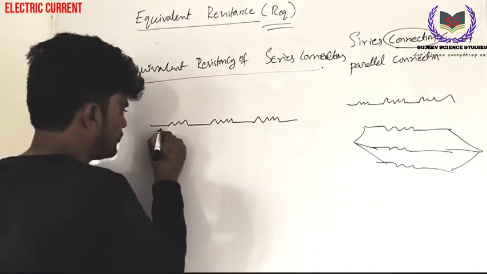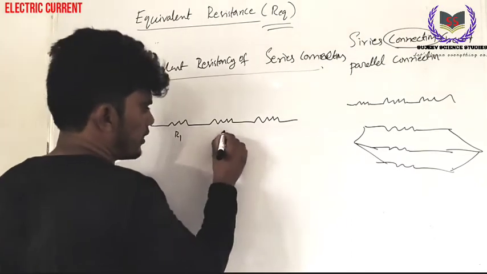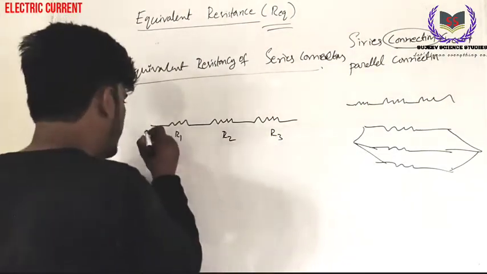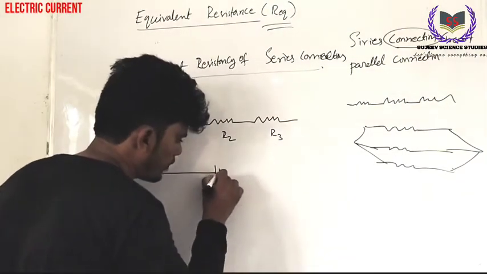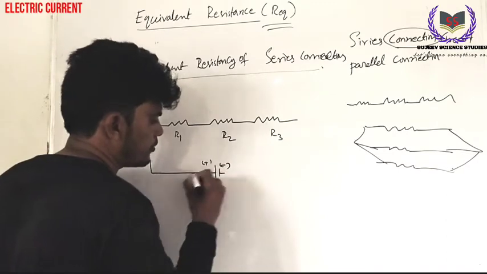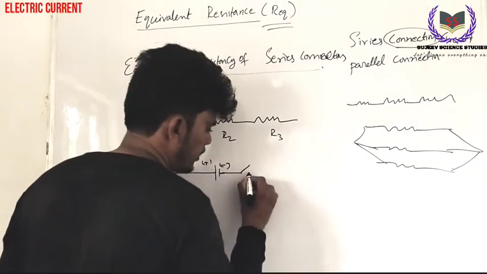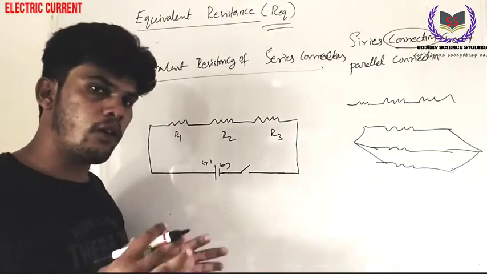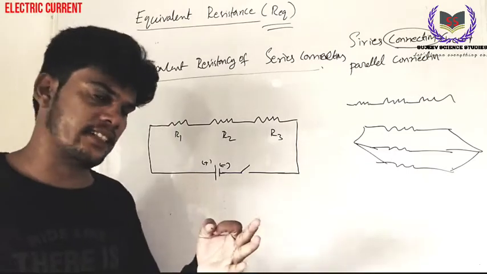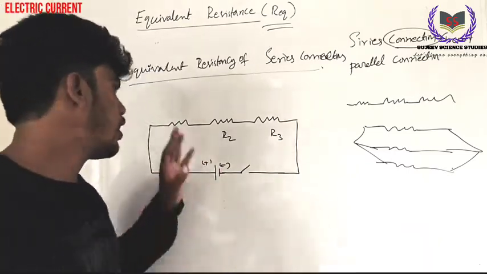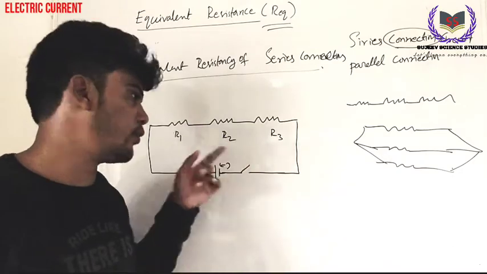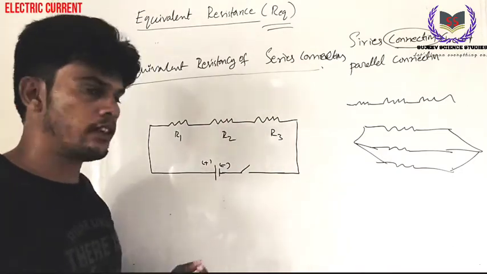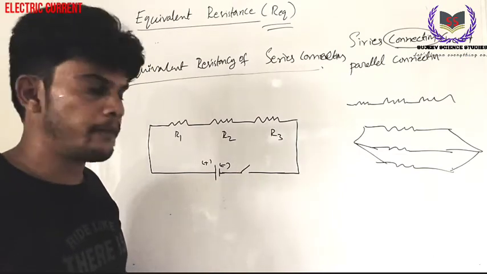So this is resistor 1. This is resistor 2. What is this resistor? 3. Now I will connect this to a battery. This is the positive and this is the negative terminal, and a key. It is a key, so it is an open circuit. Look here. What are the components in this circuit? There are three resistors R1, R2, R3. How are they connected? They are connected in series, one by one. One battery is connected here and there is also a switch.